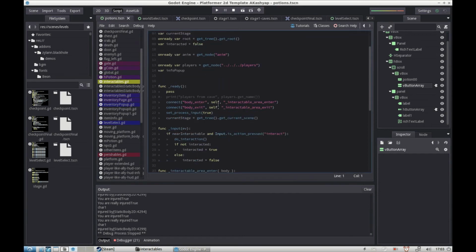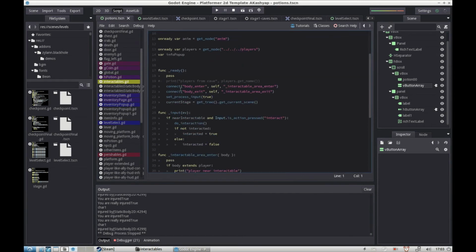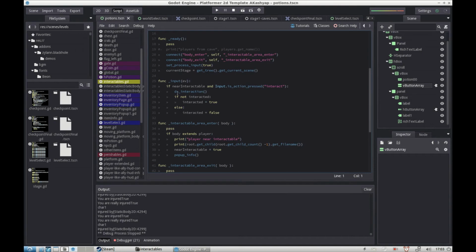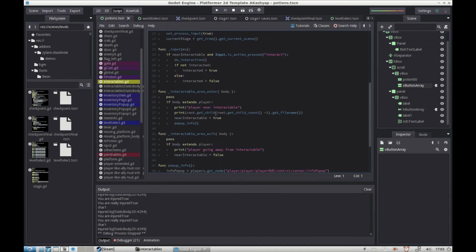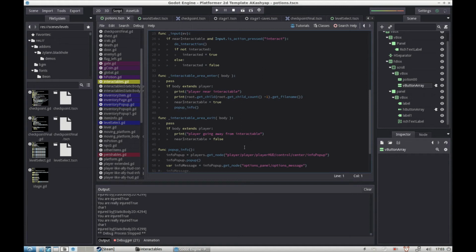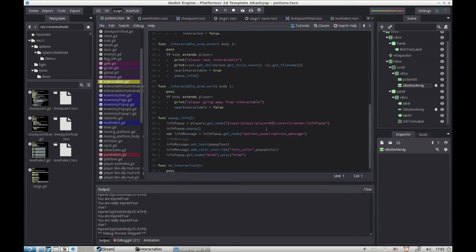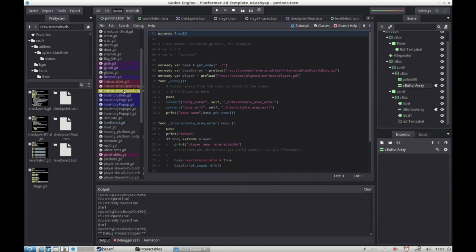Okay, so I will open interactables and see what all is there. So I've used a connect to connect that to self. And the functions which I've used are here: interactable area enter, interactable area exit. Okay, true. And this I don't use, I think, but interactables are